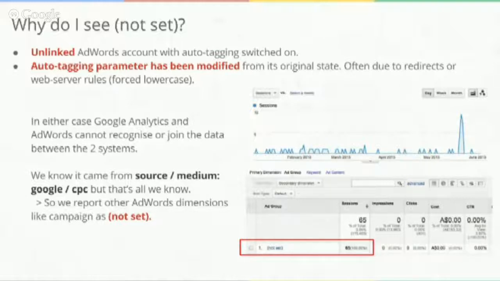So in these cases, when clients start looking into their report, from our perspective we see source and medium as Google and CPC that you've defined. But what we don't see is anything more detailed like campaign or keyword attribution, and we have to report back "not set." That's an indication for you to start looking at which campaigns were set up how, and go through some of our common tools to troubleshoot and understand if the parameters are being dropped or if their campaigns are not linked correctly between AdWords and GA.